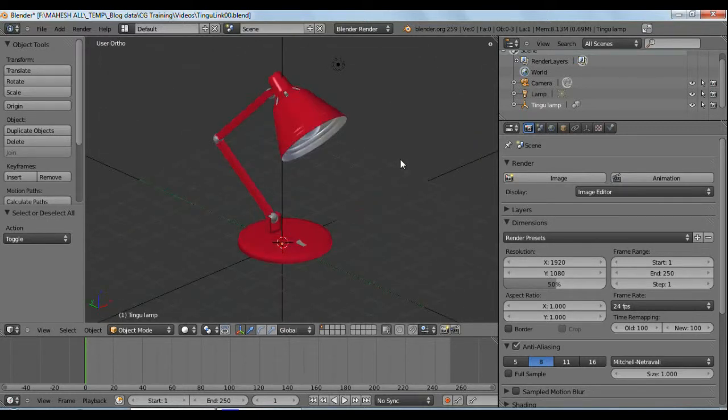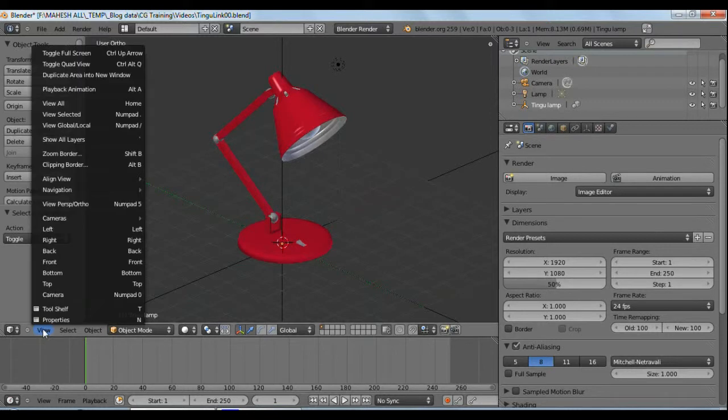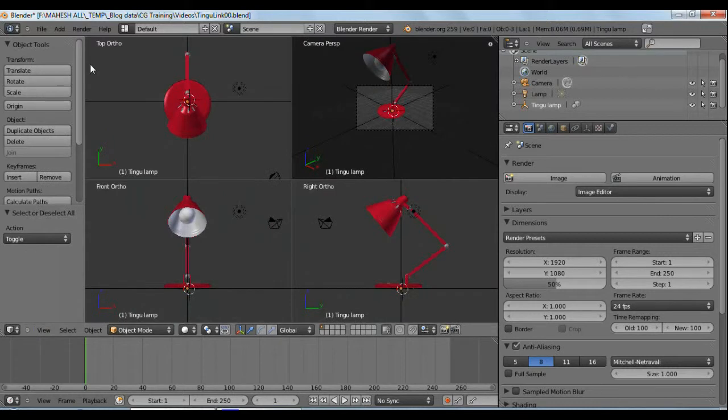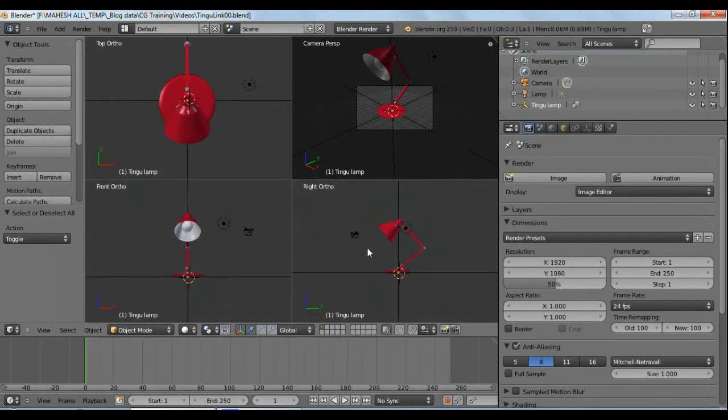You can switch to a quad view, which I will show you now. If you go to this menu called view and press this button, toggle quad view, Blender will switch the current viewport to 4 sub viewports. You have a top view, a front view, a right view and a free view here, which is right now called camera perspective. You can zoom in and zoom out in any viewport, like so, using the same key. I am using right now the scroll wheel.